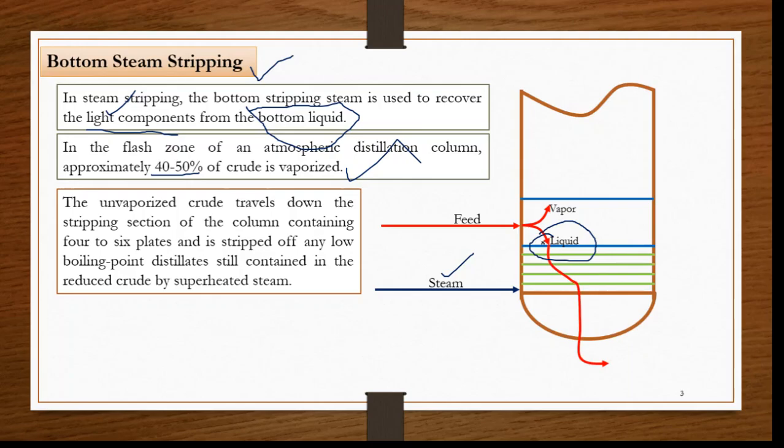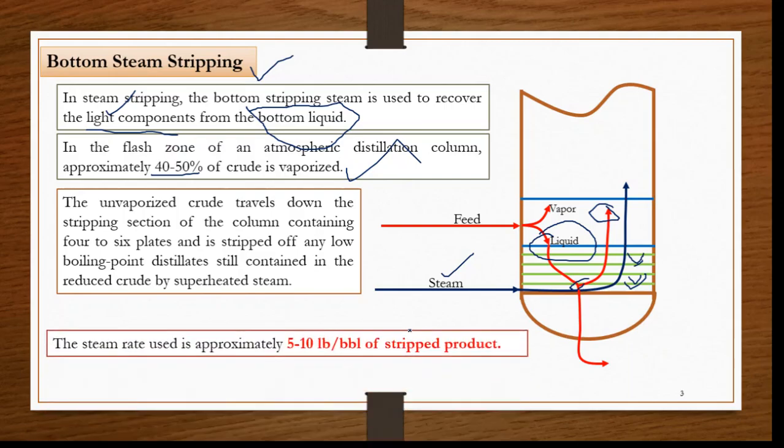For example, the bottom liquid comes down through different stages. These are the trays. There are 4 or 5 trays for the stripping of the bottom liquid with the help of steam. This steam will take out a very small portion from the bottom liquid. That is the vapor phase, and this is the stripped product from the liquid. That is the purpose of the steam in the bottom section, and it is very important because it also improves the quality of the products and avoids coking and other degradation of the bottom liquid.